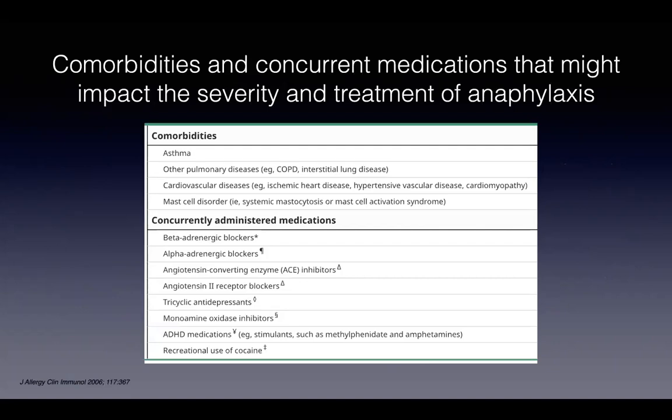Coming to few comorbidities and concurrent medications that might impact the severity and treatment of anaphylaxis. This part Dr. Shambo might touch, so I'll just touch a few important points. Comorbidities like asthma, other pulmonary disease like COPD, ILD, cardiovascular disease, mast cell disorder, mast cell activation syndrome, all these are the comorbidities, and concurrently administered medication like beta blocker, alpha adrenergic blocker, angiotensin converting enzyme inhibitor, angiotensin 2 receptor blocker,